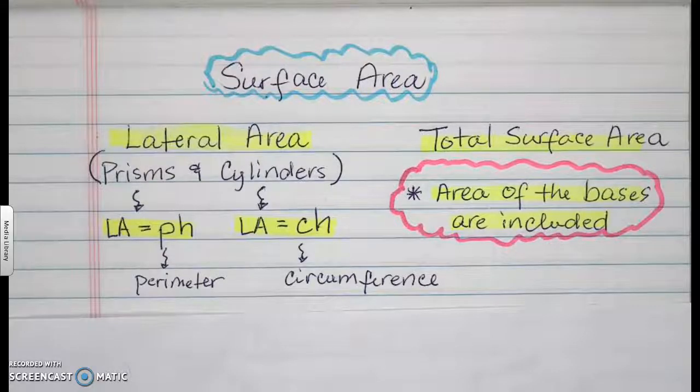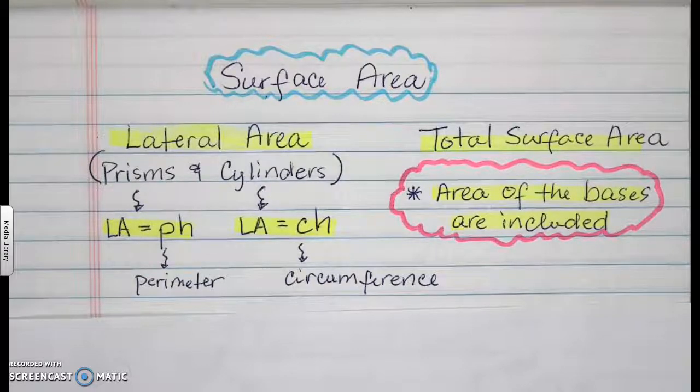Today we're going to talk about surface area of solids. Surface area of solids includes lateral area and total surface area. The difference between lateral area and total surface area is that in total surface area, the area of the bases are included in the calculations. Meaning, for total surface area, you will have to get the lateral area plus the area